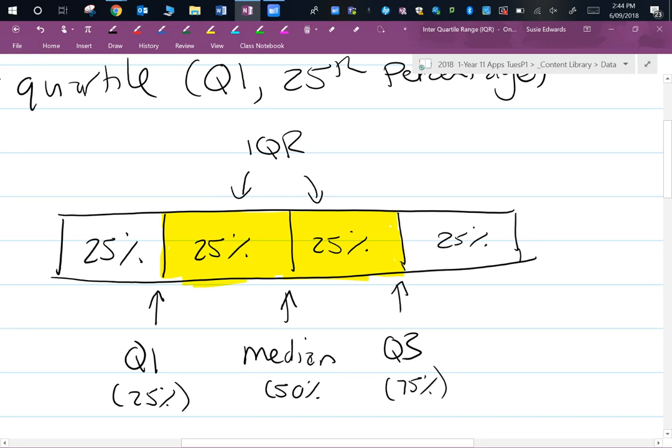Those 5 things, we put 5 lines in, and then we make a box out of the interquartile range and a whisker to the range. So it's called a box and whisker plot. Box for the interquartile range, whiskers for the range. 5-point summary. So let's do an example and I'll show you what I mean. All right, so